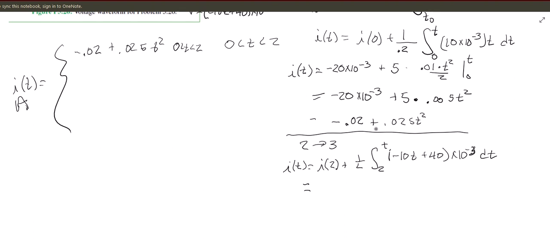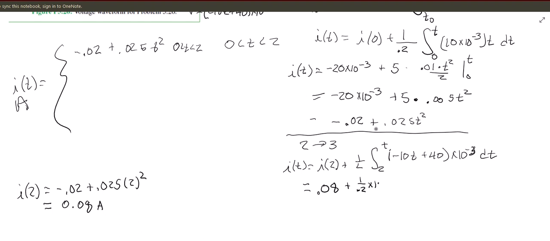So if I plug 2 into my function up here, I of 2 equals negative 0.02 plus 0.025 times 2 squared, I get 0.08. I think I do. If you don't get that, don't panic. It just means I'm wrong. Okay, so I of 2 is 0.08 plus L was 0.2,